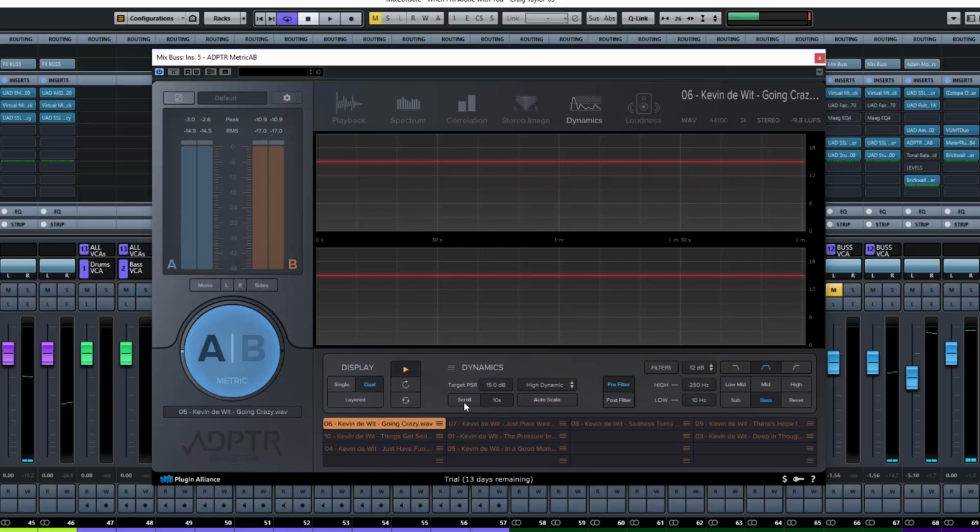Again, we've got our other settings here. We can set it to scroll, auto scale. We can do our filters and we can set them to pre or post. Depending on which setting we use here will depend on whether the dynamics is being measured pre the filters or post the filters. So we'll have a look at that in a second. So if we just start with this, like our song here,